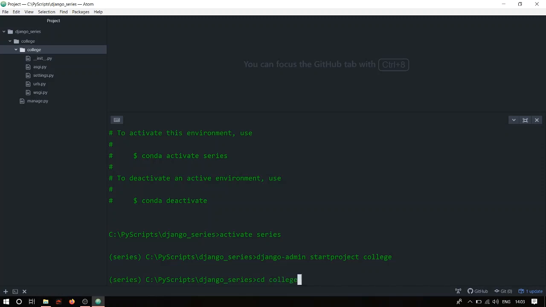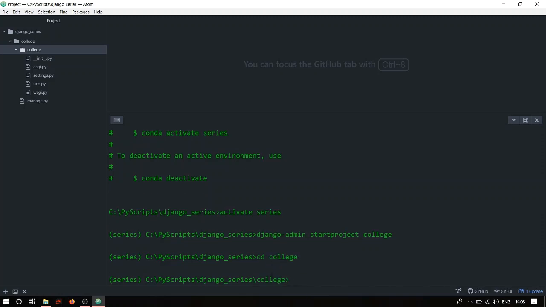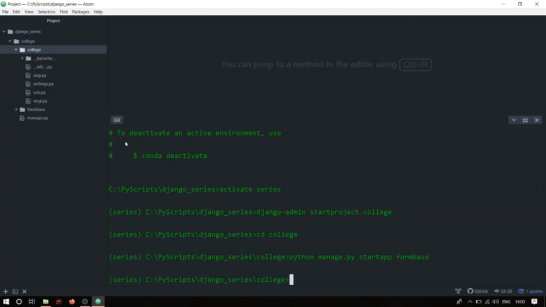So we'll do cd and go inside our college project, and we're going to say python manage.py startapp, and I'm going to say formbase for now. And over here you will see that the formbase app is also created.